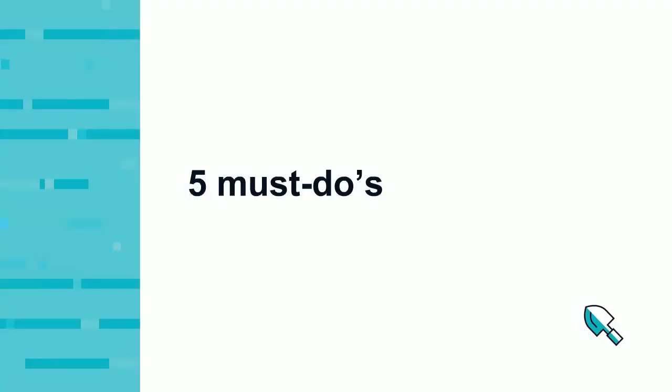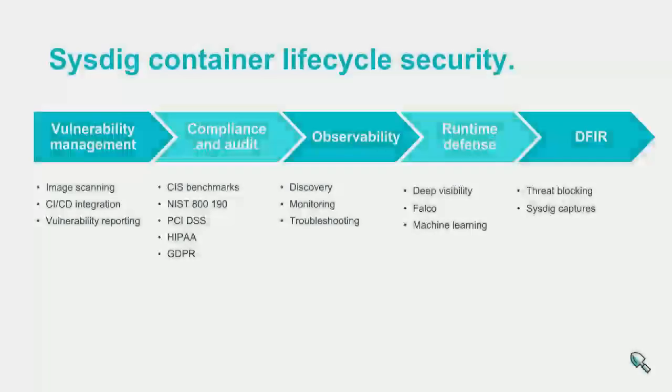And we are going to talk about 5 must-dos, 5 areas. I don't want to see these as 5 things or 5 steps, but rather 5 phases that we are going to be implementing as an ongoing process. So we saw how most of these concepts were part of the platform. Now we are going to see how we can up-level these into the container lifecycle, how we can do image